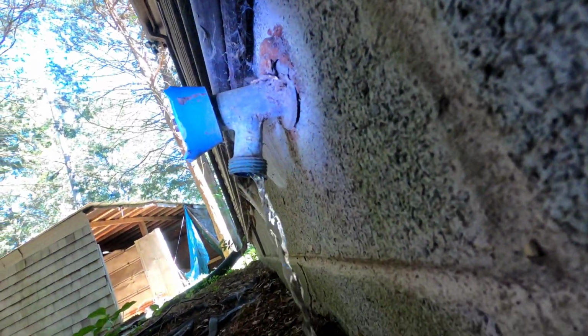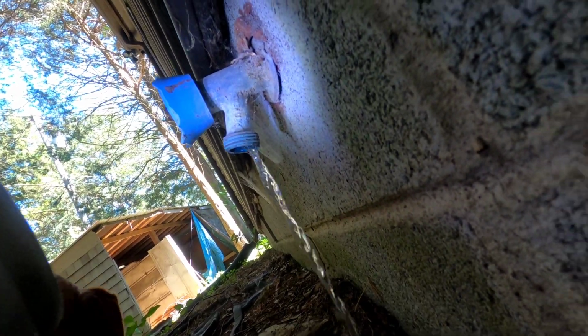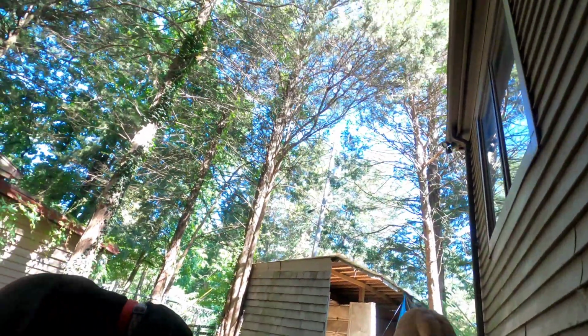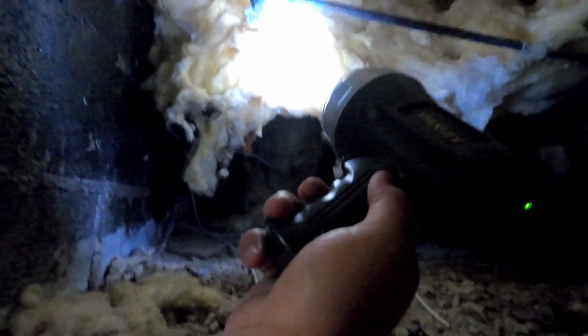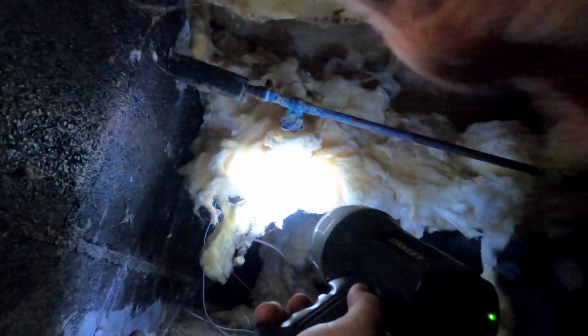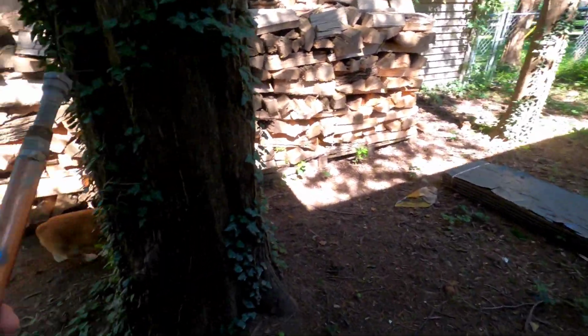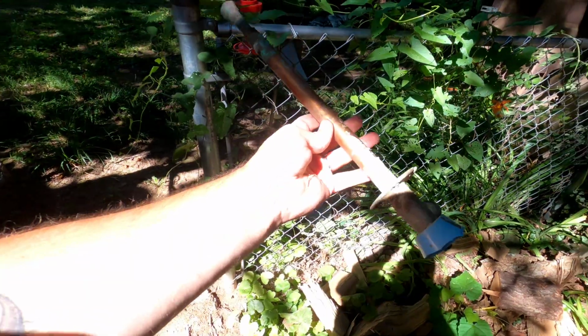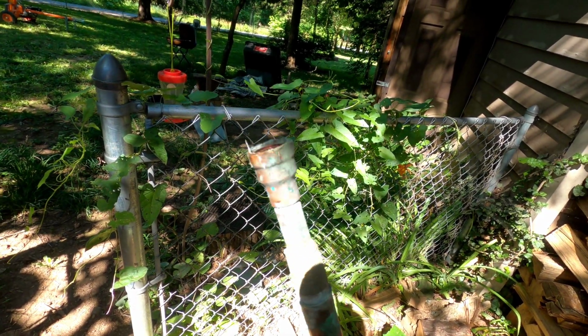Okay, so literally the spigot is turned off. It's closed all the way. So I just need to replace that. Which, oh fuck. Ow, that hurt really bad. Which is just this whole thing, I think. Alright, let's shut this off first. Alright, so this was the spigot sticking out of the wall. I got it disconnected. So I'm going to go to Home Depot and see if I can find...